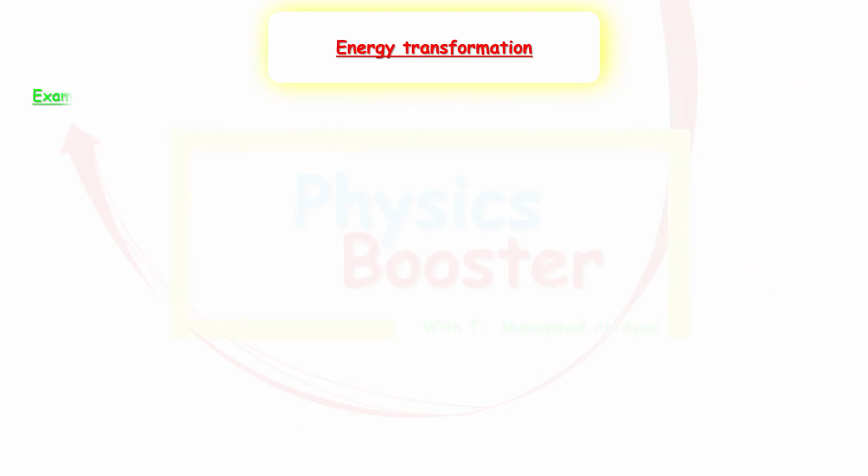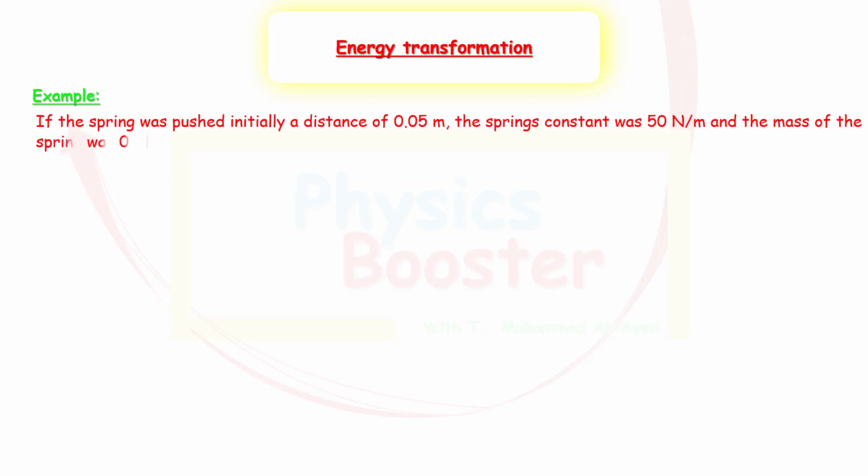Let's make sure that everything is clear and take this simple example. If the spring was pushed initially a distance of 0.05 and the spring's constant is 50 newtons per meter and the mass of the spring was 0.1 kilograms, find the potential energy the spring has stored. I could say that the potential energy, or the elastic potential energy in this case, is going to be equal to half